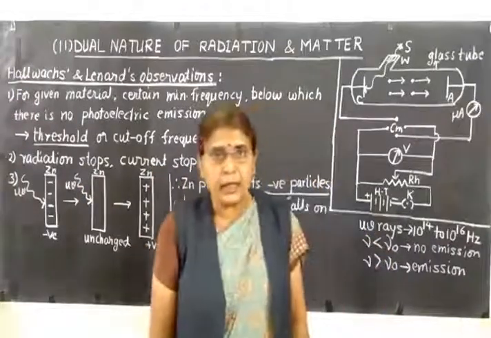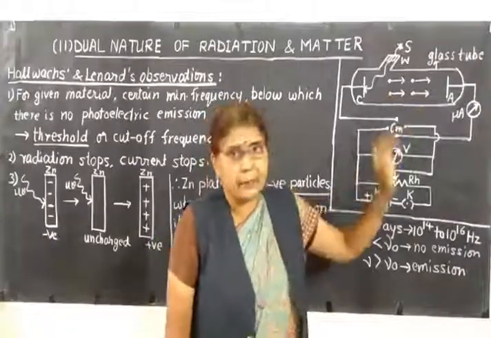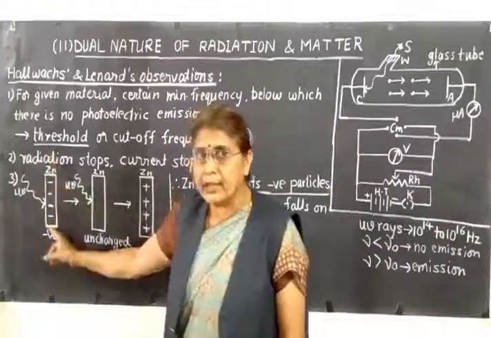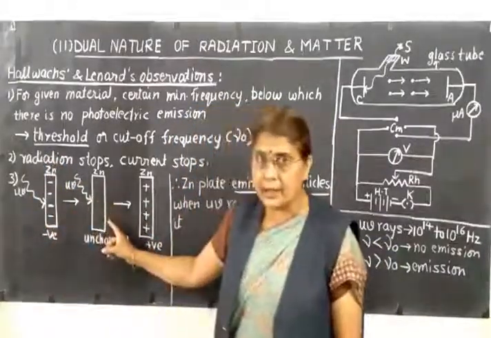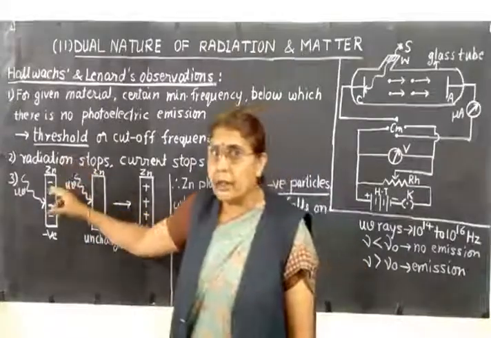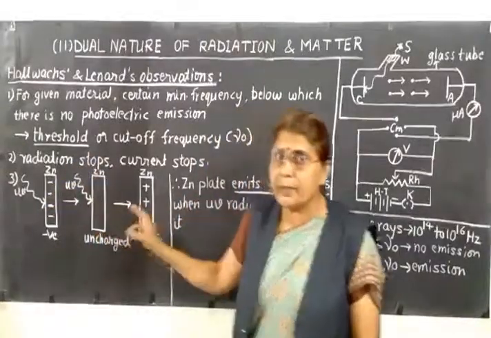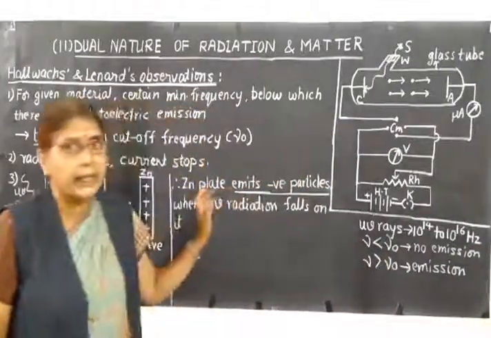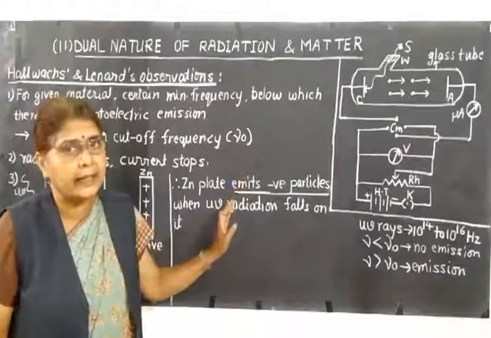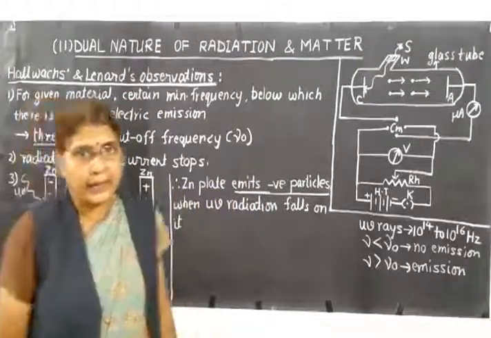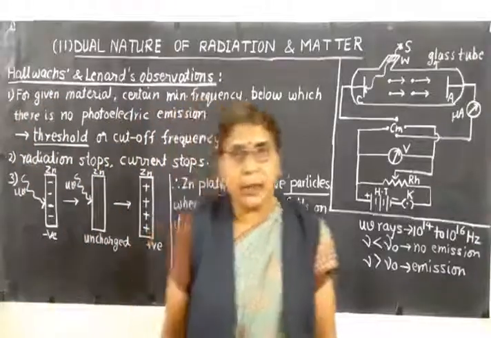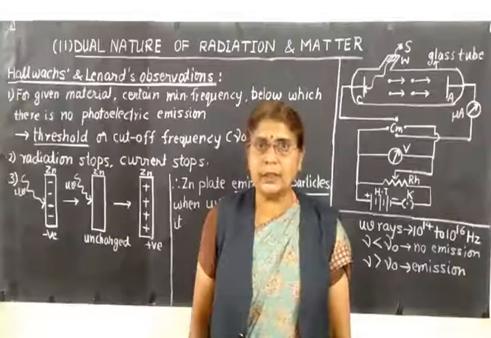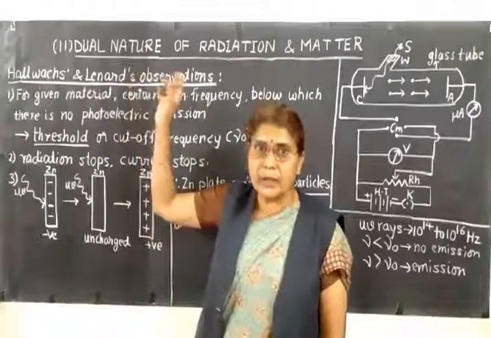Third observation was regarding the charge of the emitted particle. They found that if UV radiation falls on a negatively charged zinc plate, it became uncharged. Again, if UV radiation was made to fall on the uncharged zinc plate, it became positively charged. So we conclude that when UV radiation falls on the zinc plate, negatively charged particles are emitted from the emitter. Later on, it was confirmed that these negatively charged particles are nothing but the electrons. So this is about the Hallwachs and Lenard's observations on